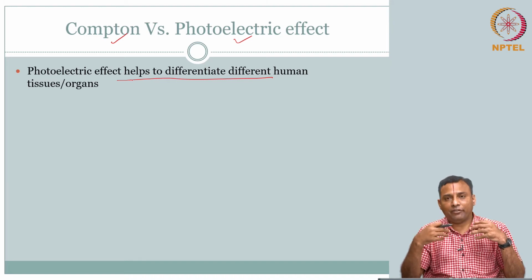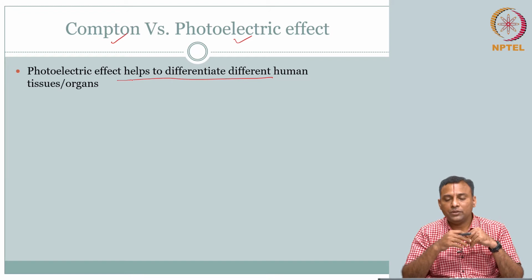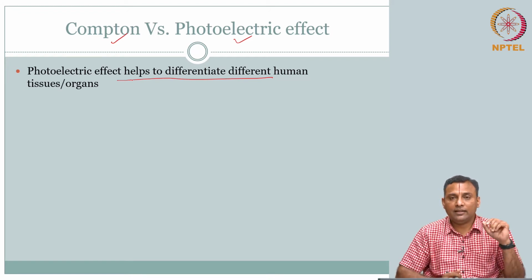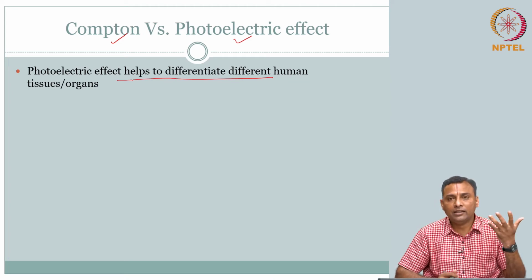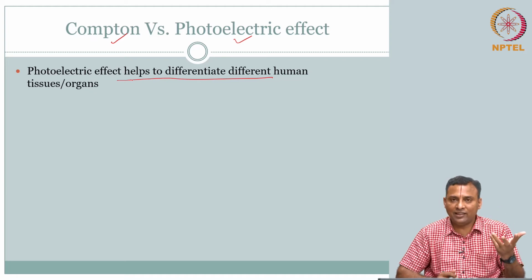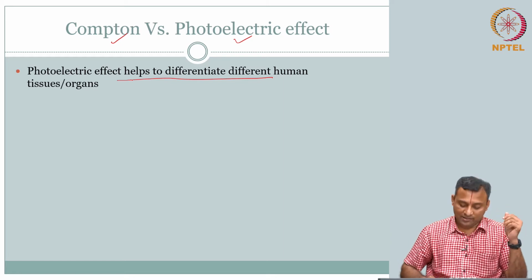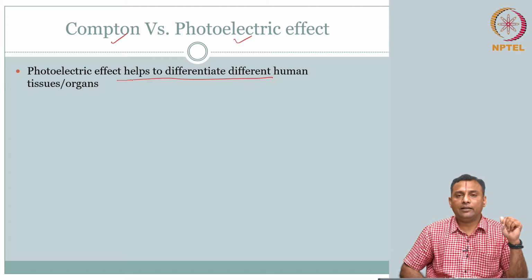This photoelectric effect, which basically says that the photon is going to interact with the tissue material, the electron cloud, is going to be a helpful factor for us. That is going to be our clue, our signal. How does it interact with the material? If it interacts with the material, then by measuring that signal I can comment about the material. So that is how photoelectric effect helps.